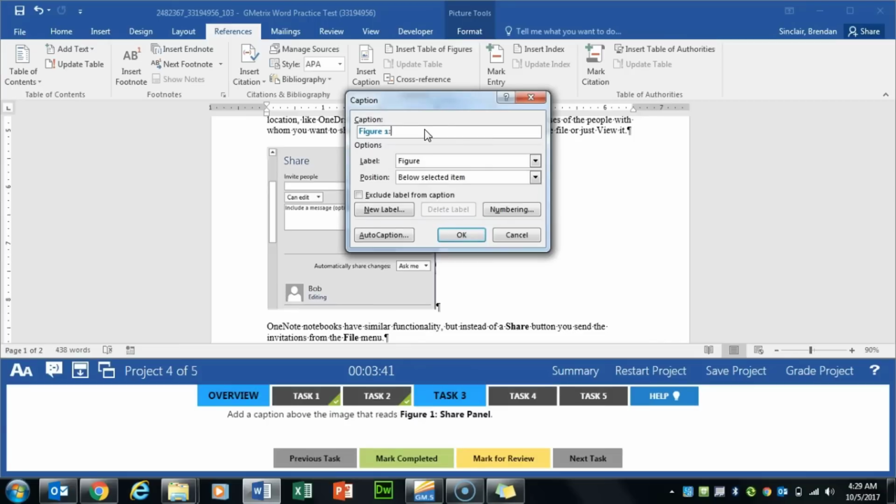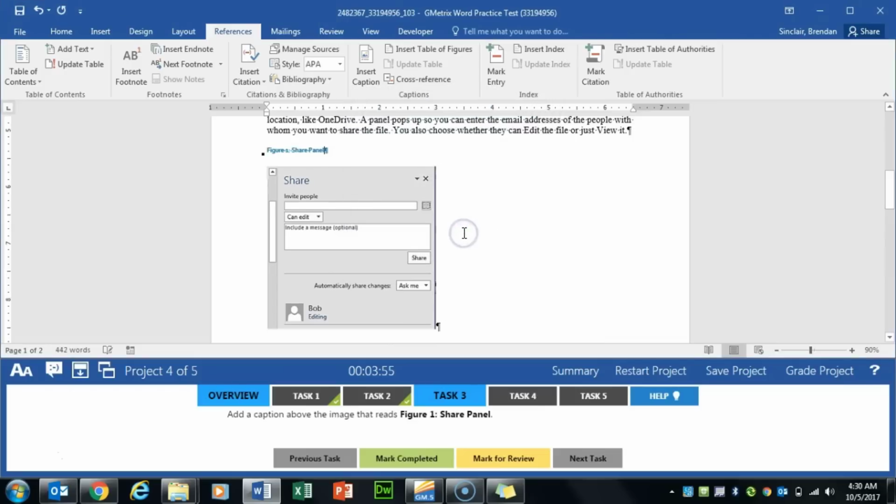We want to add the colon here, and we want to type in capital Share, capital Panel, and then it says that we need to add the caption above the image. So right here it's positioned to go below. We'll click above, and we'll go ahead and click OK. We'll click Mark Completed. Task 4 asks us to go ahead and save this theme in our GMetrix folder as